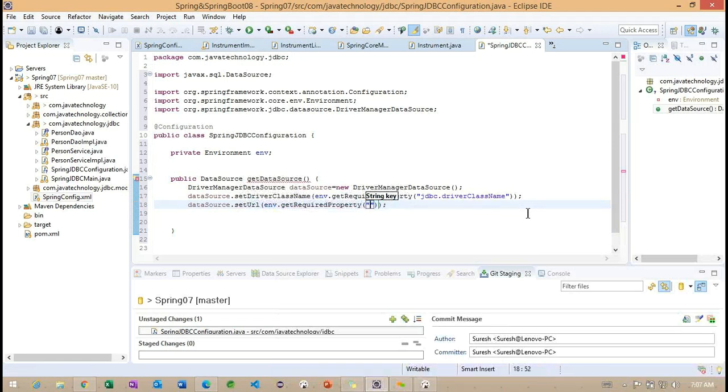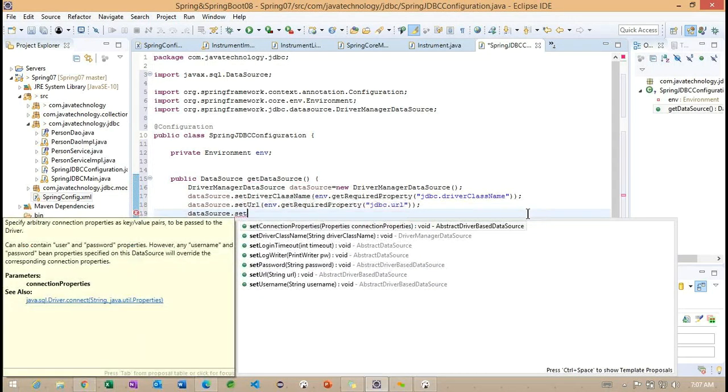Here, what we are going to do, jdbc dot url.